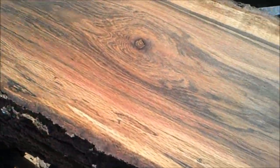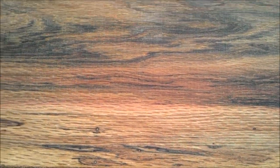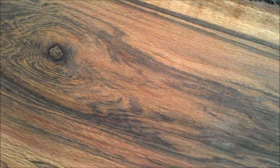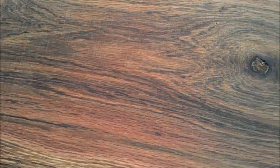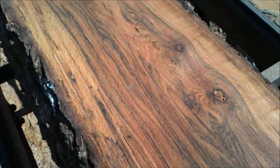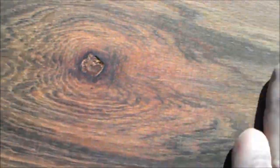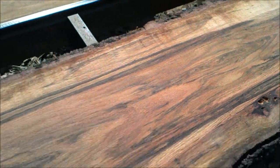But I'll tell you what, those of you who know the other bandsaw channels that do this stuff for their entire channel, they'll throw a bit of water on it to bring out the grain. This wood's wet. It's good and wet, which I think is making a huge difference for our cut here